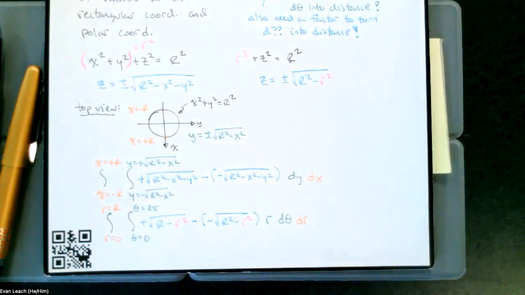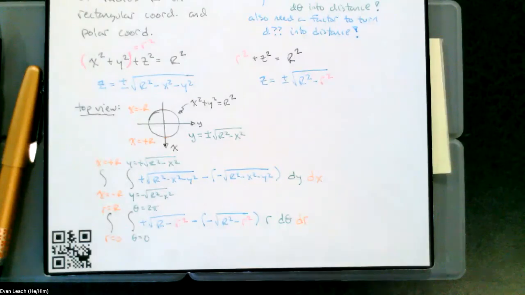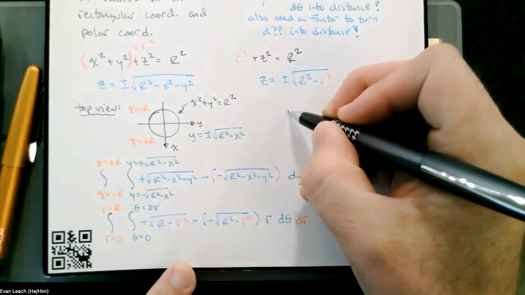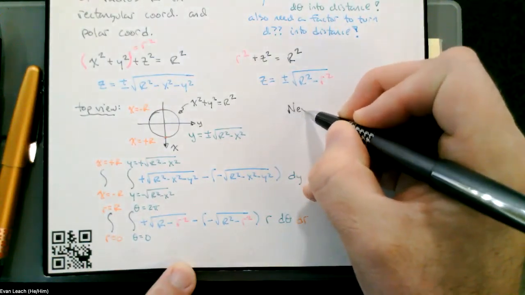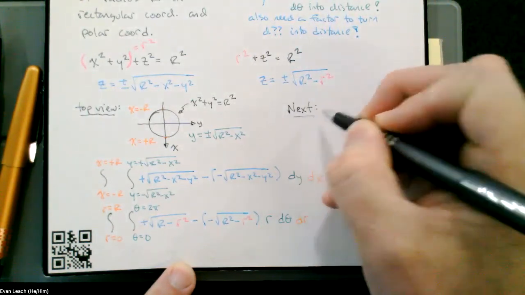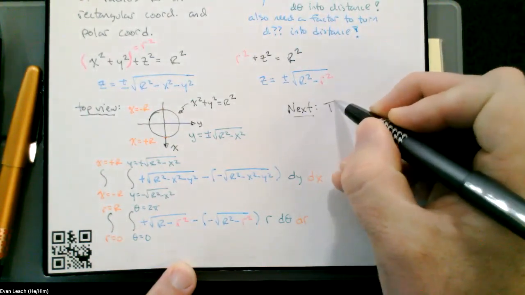The next thing that we're going to do is this same sphere with this same volume, 4/3 pi capital R cubed, only we're going to write a triple integral. But we're not going to do that today because we are past time. But if you want a head start on what's tomorrow,